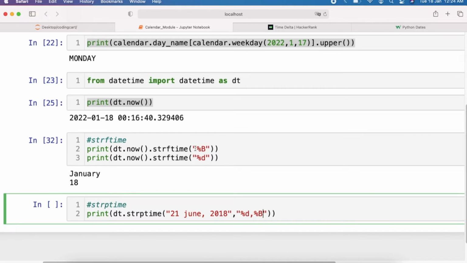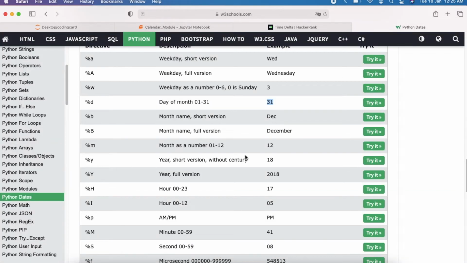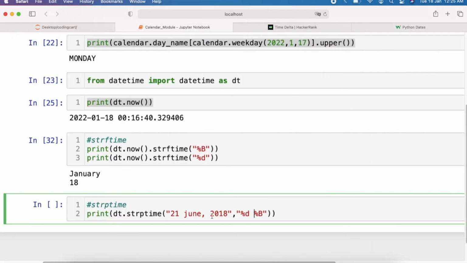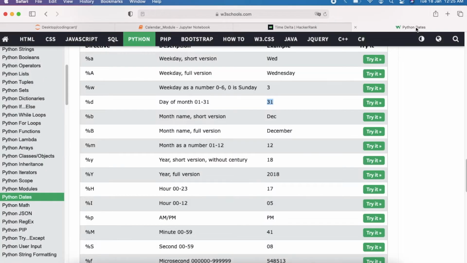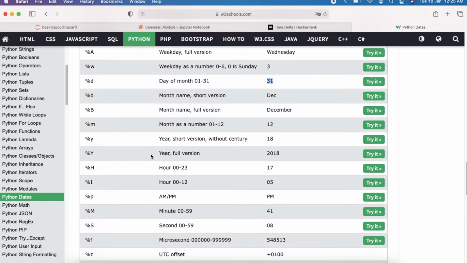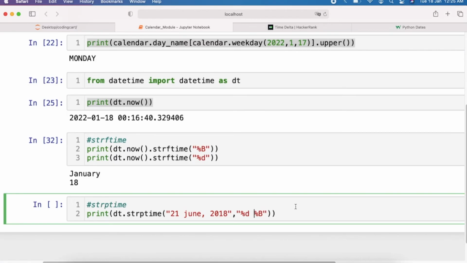Then comma and space, and for the year, for the full version of the year, we have to use %Y in caps.